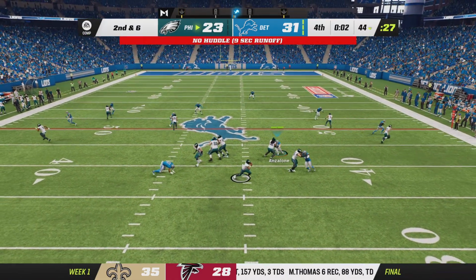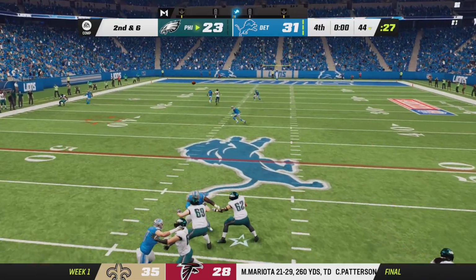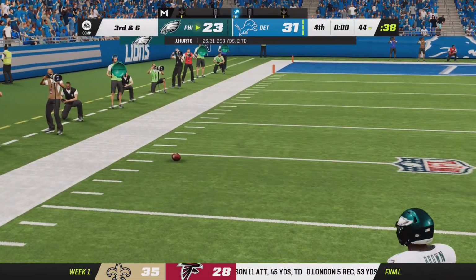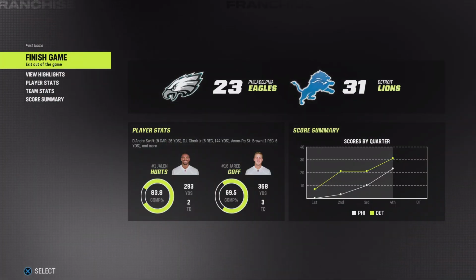One final shot. They'll look to throw. And just not enough on the throw there, down around his feet and incomplete. We'll see, always a little extra excitement for week 1 and one of our